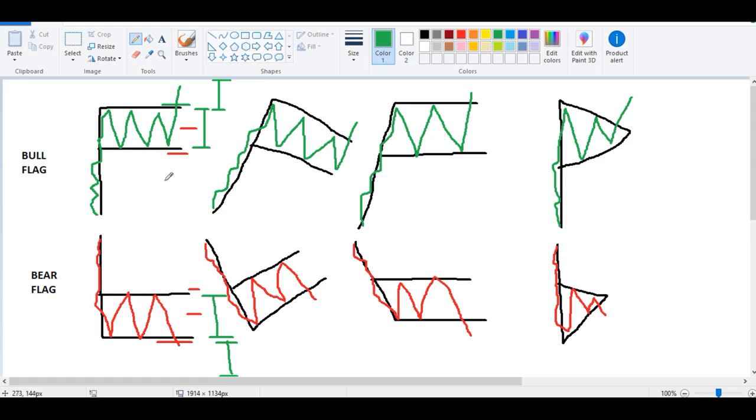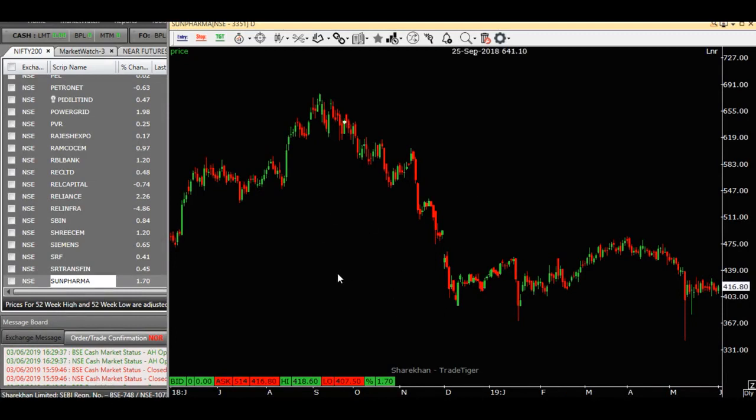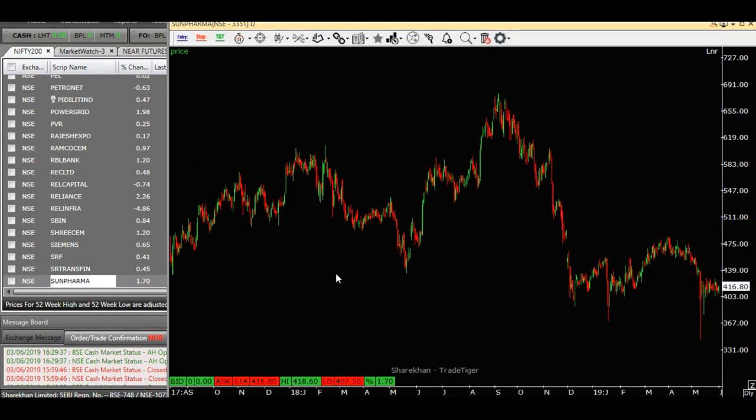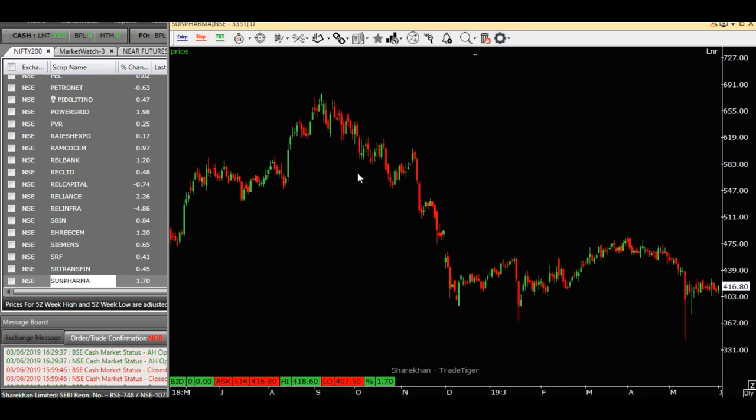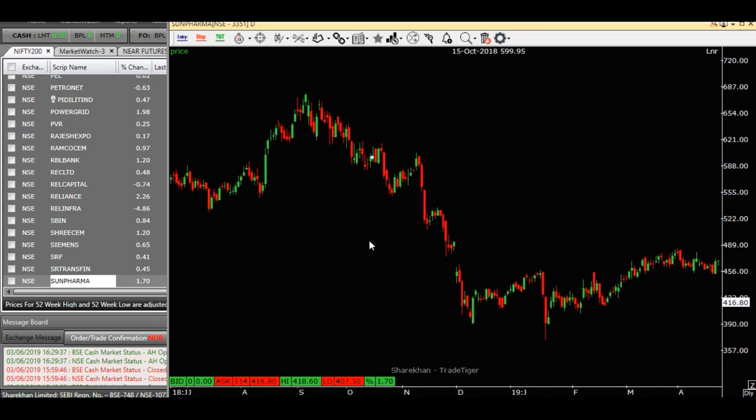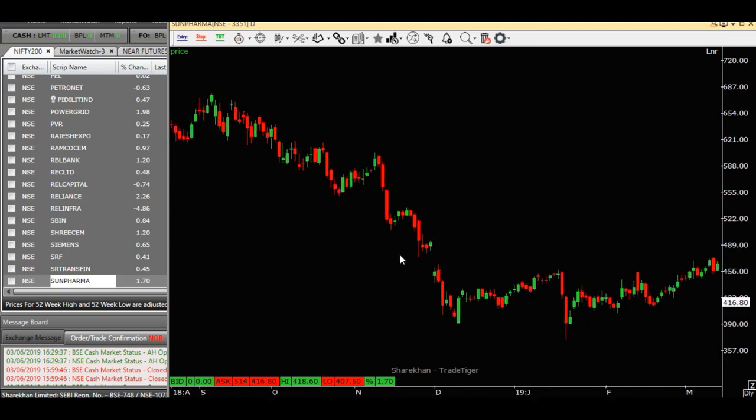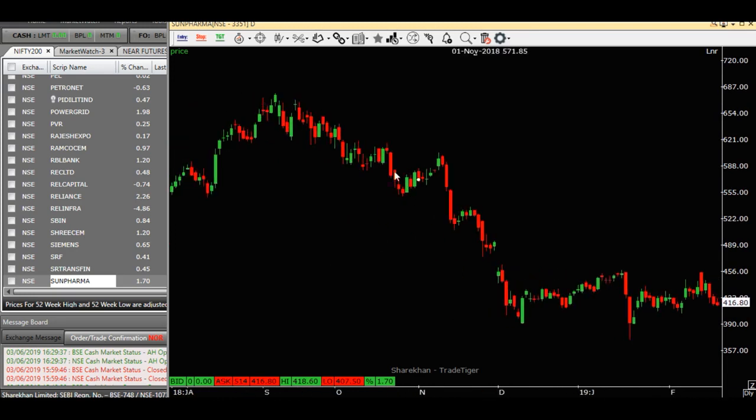So now that you've seen these different formations, let's go on the charts and see what a flag pattern actually looks like. So I have Sun Pharma here, the daily time frame. Let's look at a few bear flags, because if you can see from this point till this point, price was in a downtrend. So we can see a nice impulsive move from here till here,